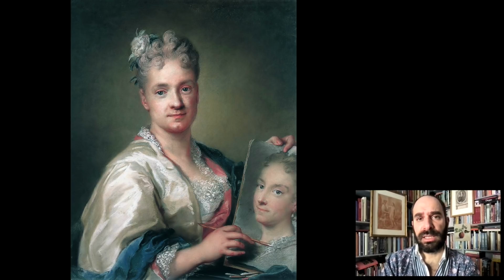And of course, the Carriera parents brought up these girls, educated these girls. They learned their mother's trade. They produced lace. But Rosalba also, together with her sisters, trained as a painter. And by the early 1700s, she was a very good, very well-known artist already, working in Venice and for an international market. And she was also extraordinary because she ran the family business. She ran her father's business to begin with,